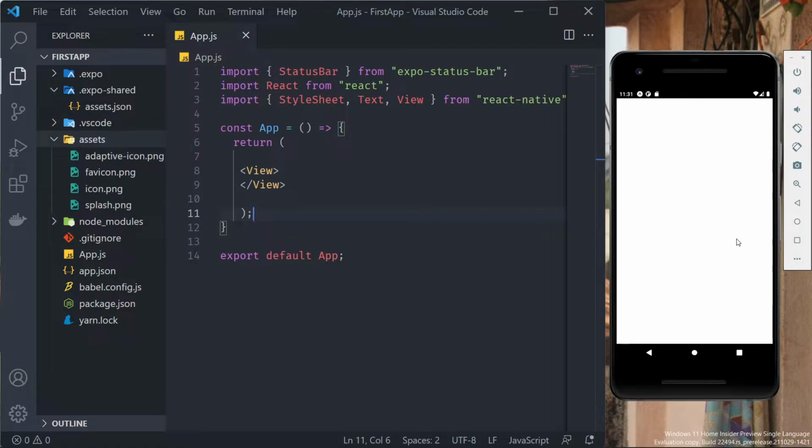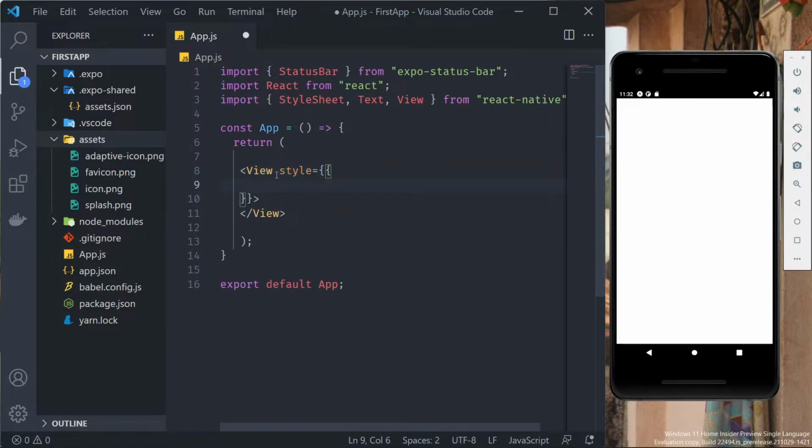So how are we going to create content there? This is our View tag, and we want to change some background here. We don't know how much height this particular view contains, or how much width it's going to contain. We just created a function, and the function will return the View. That means a simple thing, and we want to design it. So how are we going to design it? There are a couple of ways you can design the particular view, and the first way is inline design, which is going to be style and double curly braces, and inside the double curly braces you can just put your background